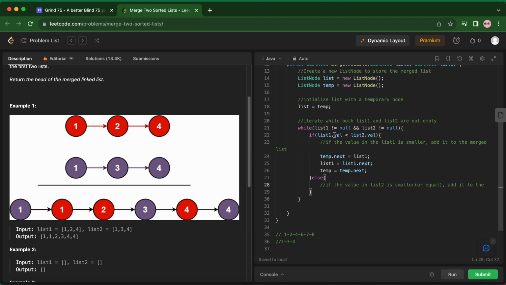So when we compare it, list 1 dot value is less than list 2 dot value, 1 and 1 were equal, so no. So we went to the second part, where we will compare, even if they are equal, pick from here. If this is smaller, pick from the second list only. Okay, we'll add it to the merged list as done for the earlier use case as well. So we'll simply say temp dot next is equal to